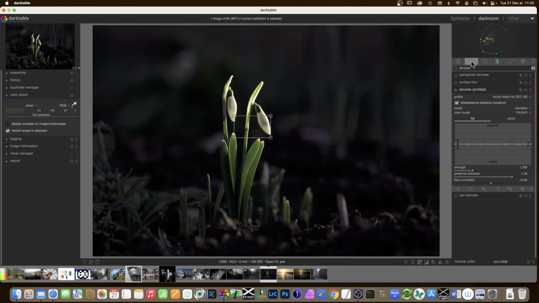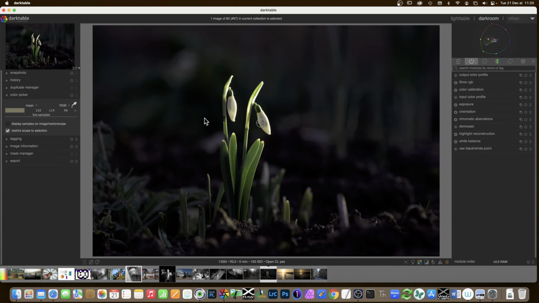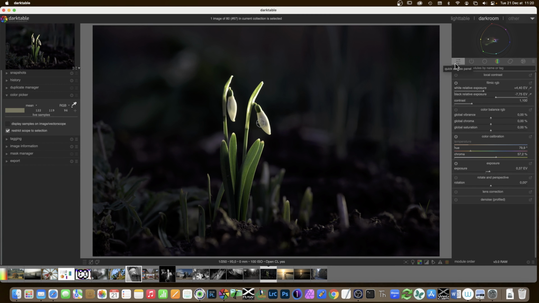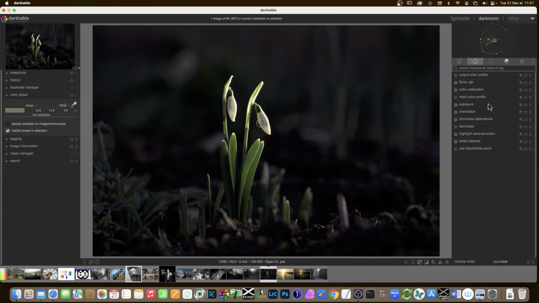Now we also have some changes in the quick access panel. So this one here, which will reflect whether you've chosen the display or scene referred. And also if you go into the beginner workflow here, it will also reflect whether you've chosen. So here I've got filmic. I'm in scene referred, and